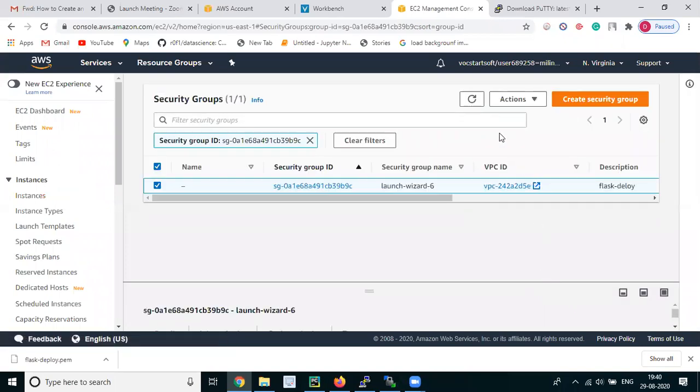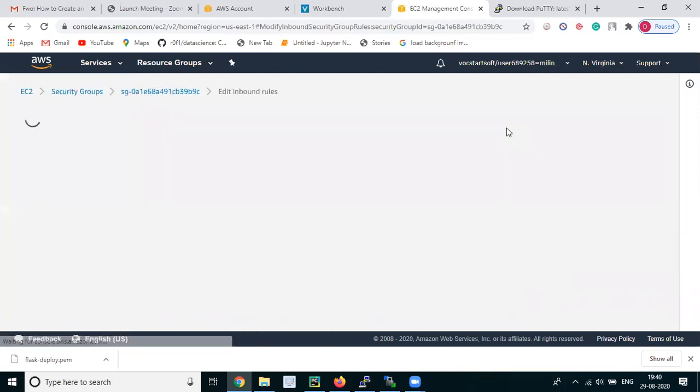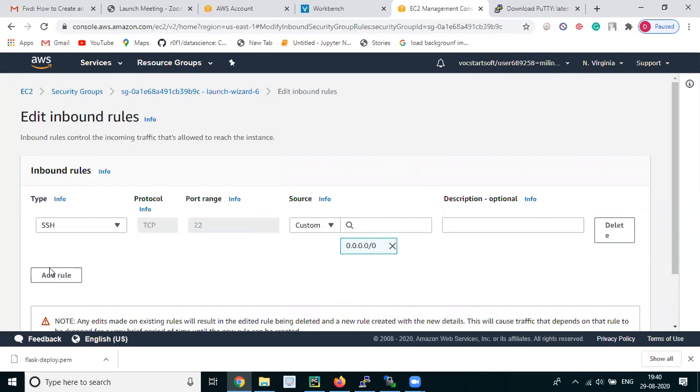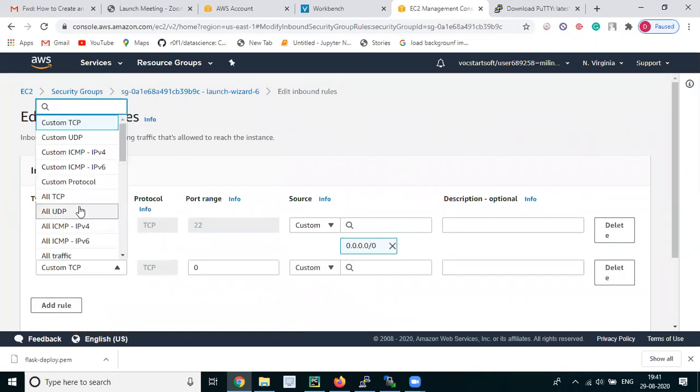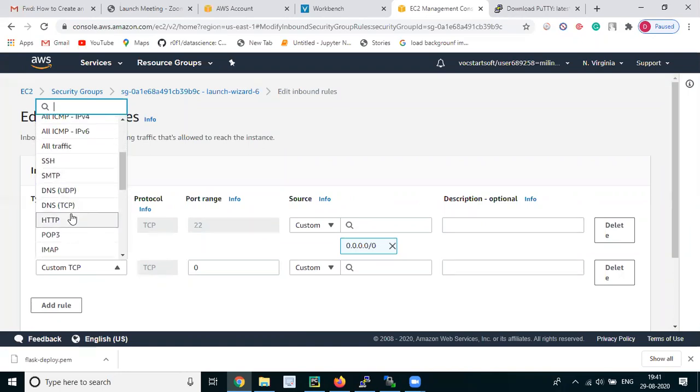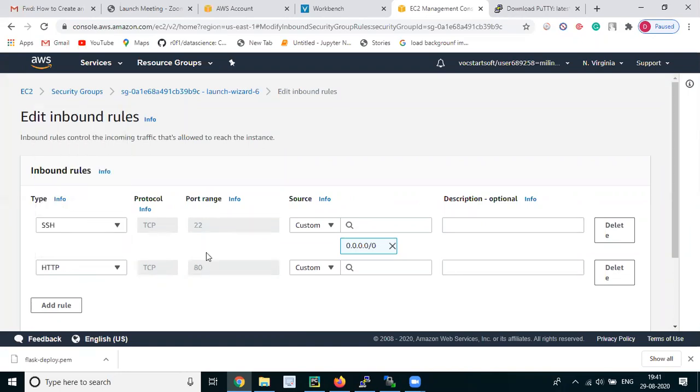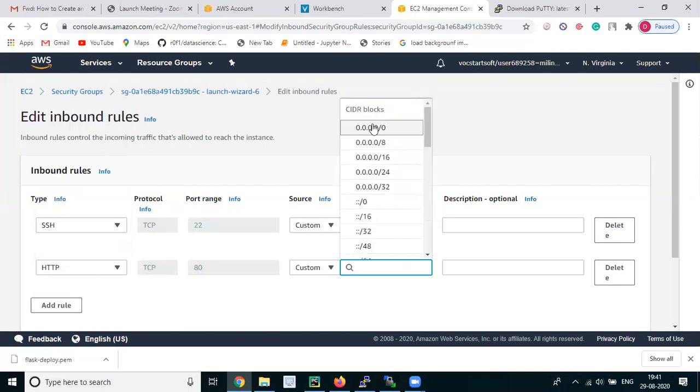Then from actions, we can edit our inbound rules. Here we have to add a rule, that is, we have to add port 80. It will be HTTP, so we have to select HTTP. Then it by default goes to port 80, and here custom will be 0.